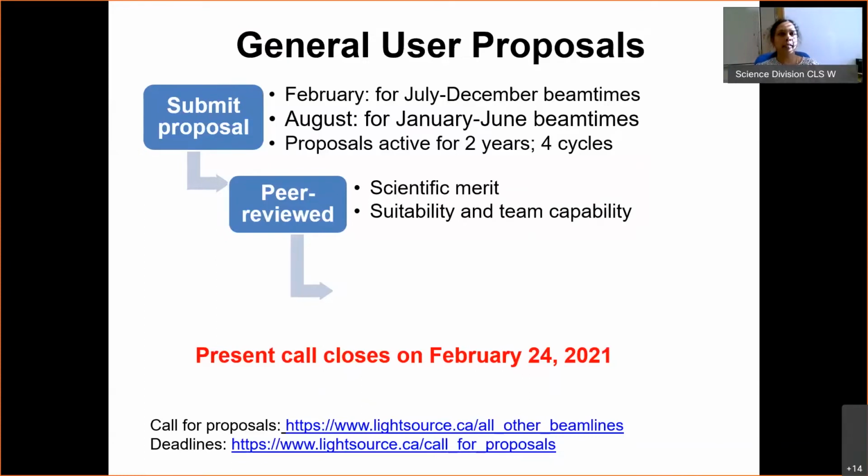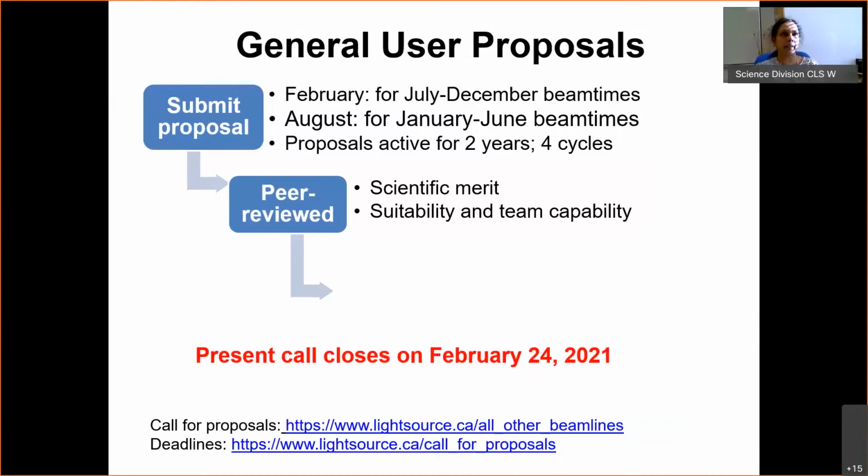There are 2 other categories they look for: suitability and team capability. Suitability means these experiments need a synchrotron. When you write the proposal, you have to say, this is an important scientific problem, you tried all other techniques to understand or solve the problem, and you need a synchrotron and a certain technique at the synchrotron to answer that question.